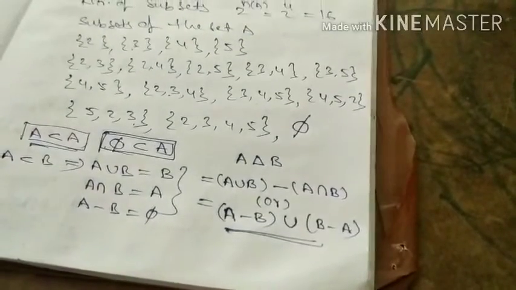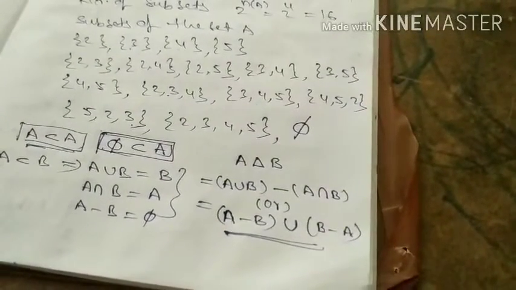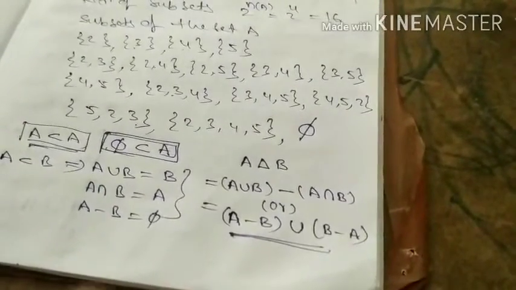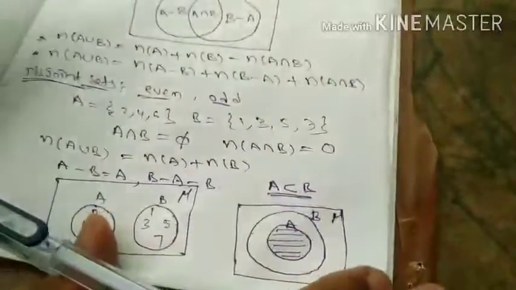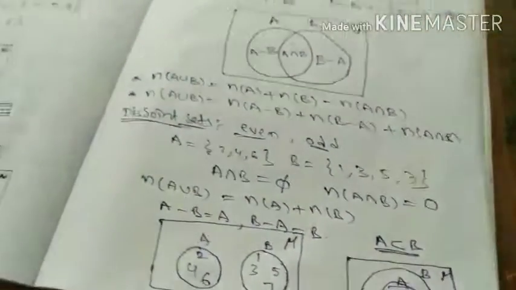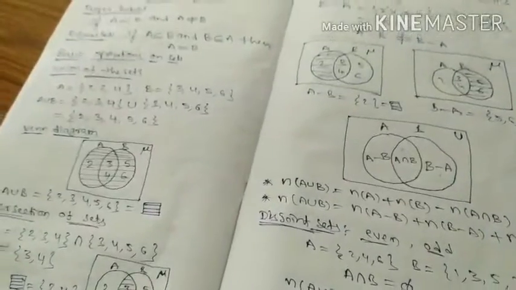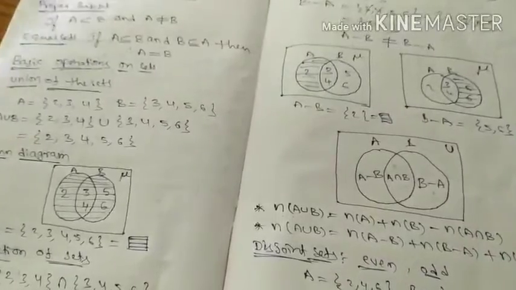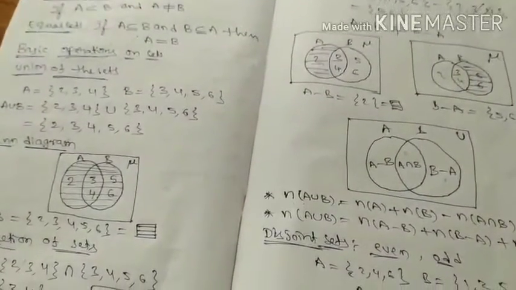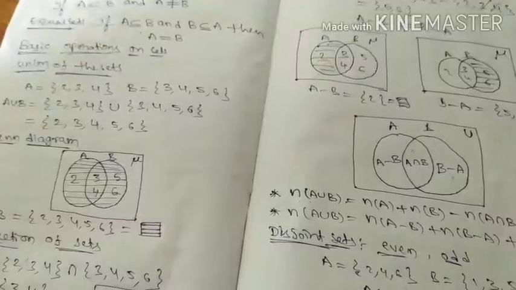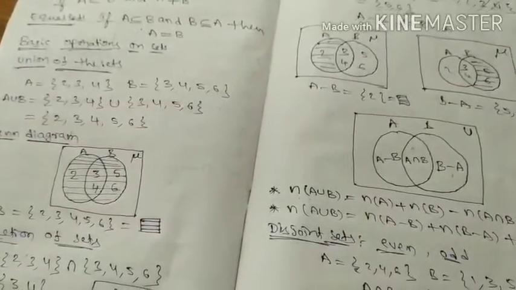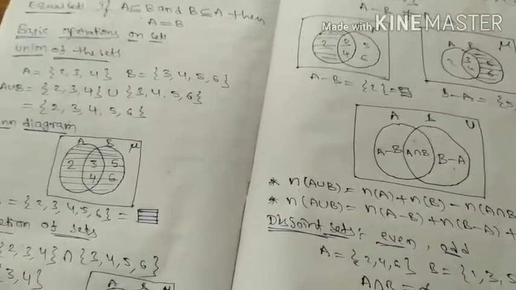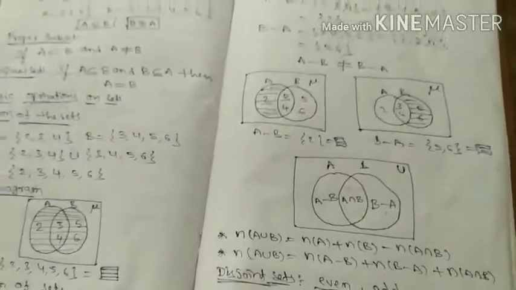This is set theory. Set theory was developed by George Cantor, a great German mathematician. Here we discussed so many things. In the exam, they will mostly ask A union B, A intersection B, n of A union B, A minus B, with the help of set builder forms. Given sets in set builder form, write them in roster form, and after that you can start. Union means all the elements, just a short word. Intersection means common. Difference means common elements will be cancelled, and the remaining elements are the rest of the elements in the first set.